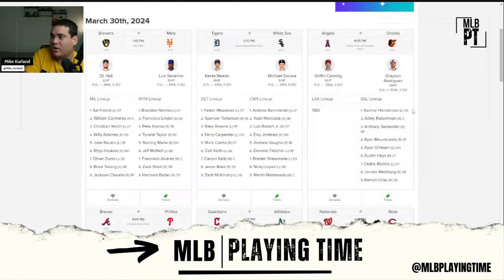Okay, good. I mean, Gunnar Henderson was going to bat top 3 anyway. Mountcastle starting against a righty. O'Hearn DH. I'm going to watch Mountcastle. I think his leash might be a little shorter than most because of all the depth they have in the system. I just don't understand why they have Cowser.